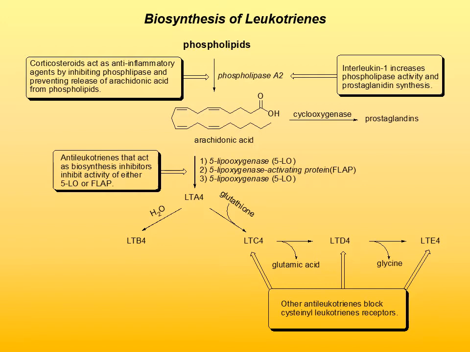Then arachidonic acid is oxidized to arachidonic acid 5-hydroperoxide. The enzyme is 5-lipooxygenase, 5-LO. And that enzyme uses 5-lipooxygenase activating protein, or FLAP, to convert arachidonic acid into highly unstable